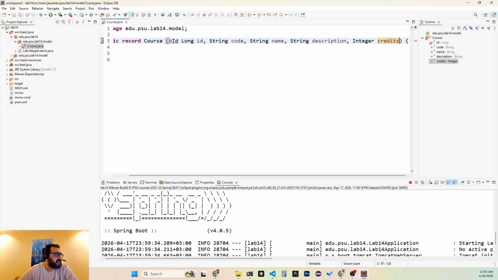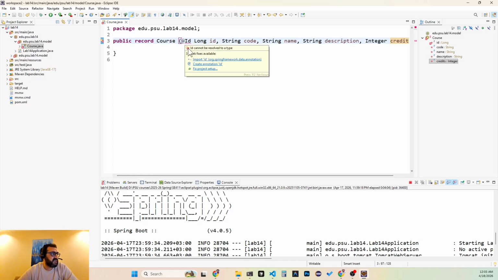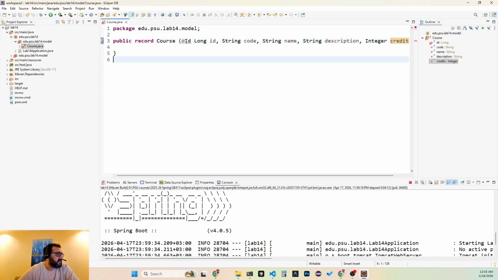Okay, so this is it. Now you have to import this annotation. This is a Spring annotation. As you can see here, I can import it right away, but if it doesn't work for you, if you don't see this quick fix,